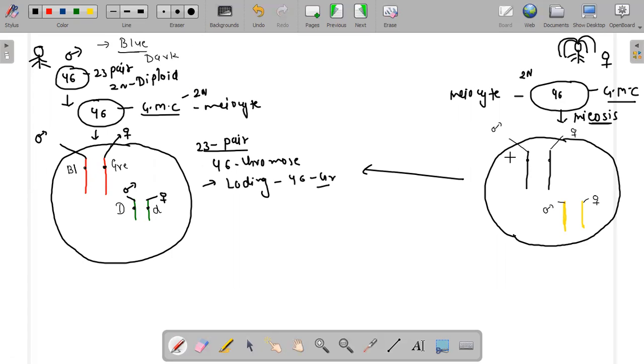So the mother has black eye color. She is getting black eye color from her father, and she is getting hazel eye color from her mother. And about skin color, she is getting lighter skin color from her father, and she is getting darker skin color from her mother. Okay, so how will she look? She will look black-eyed, and she will look darker-skinned.